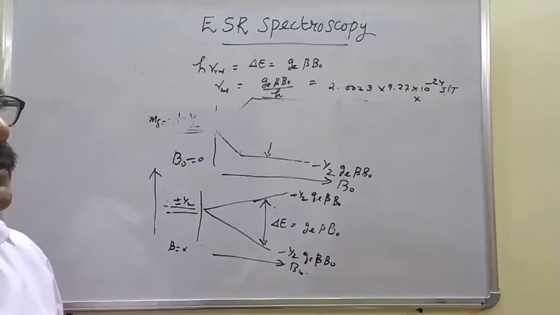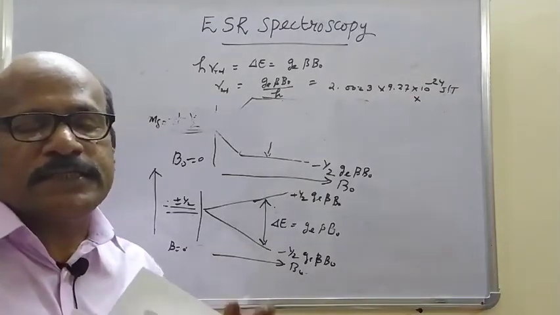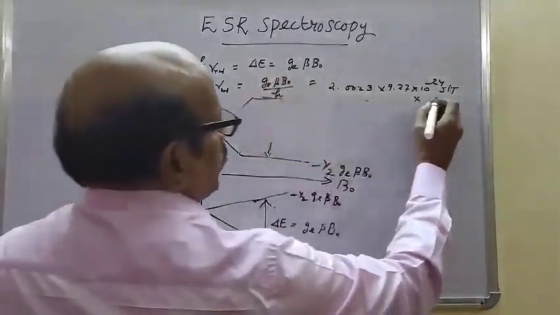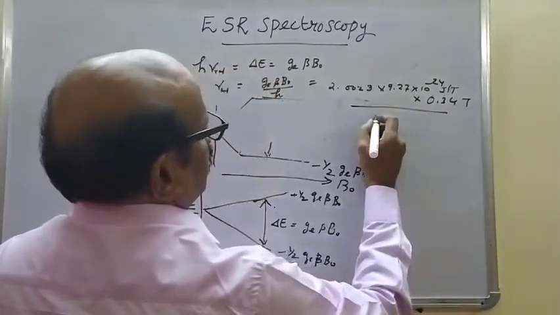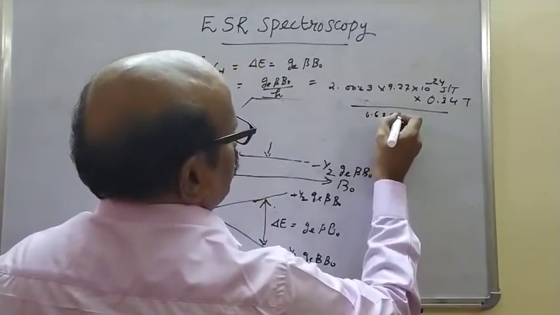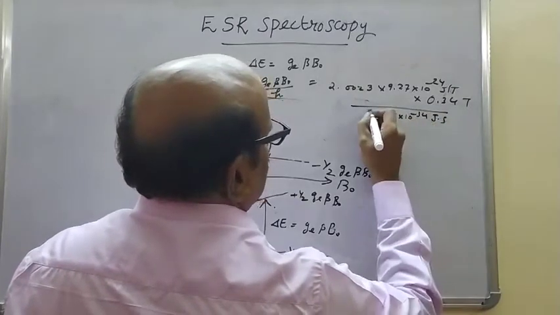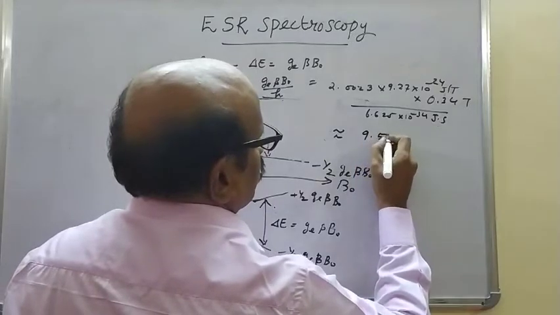Supposing it is 0.34 Tesla, divided by h, which is 6.625 into 10 raised to minus 34 joule seconds, the calculation gives nearly 9.5